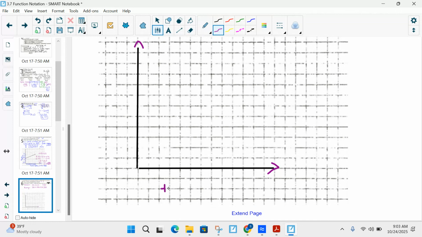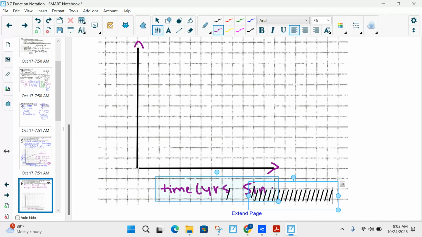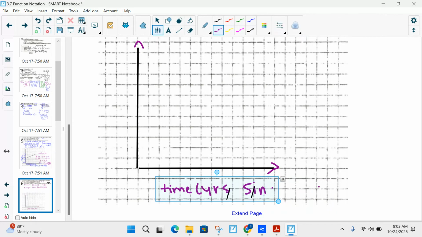So this is time in years since 1998. And then the y-axis is number of DVD